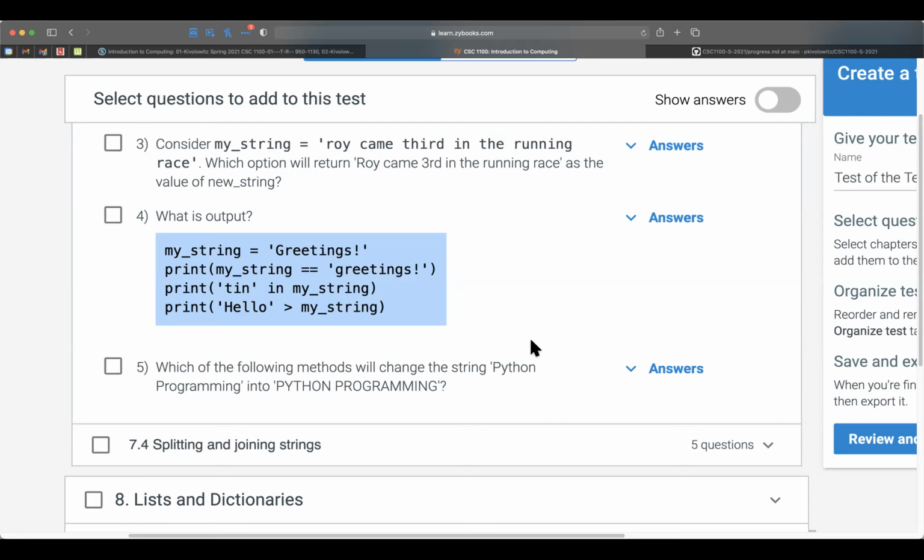So I can use zyBooks to select questions, but zyBooks itself has no way to administer a quiz or a test. So I'll be transferring these questions one by one into Schoology's test format. So you'll take the test via Schoology. Okay, so to study, we should just go back through each chapter and go through the questions. Right. Thank you. You're welcome.